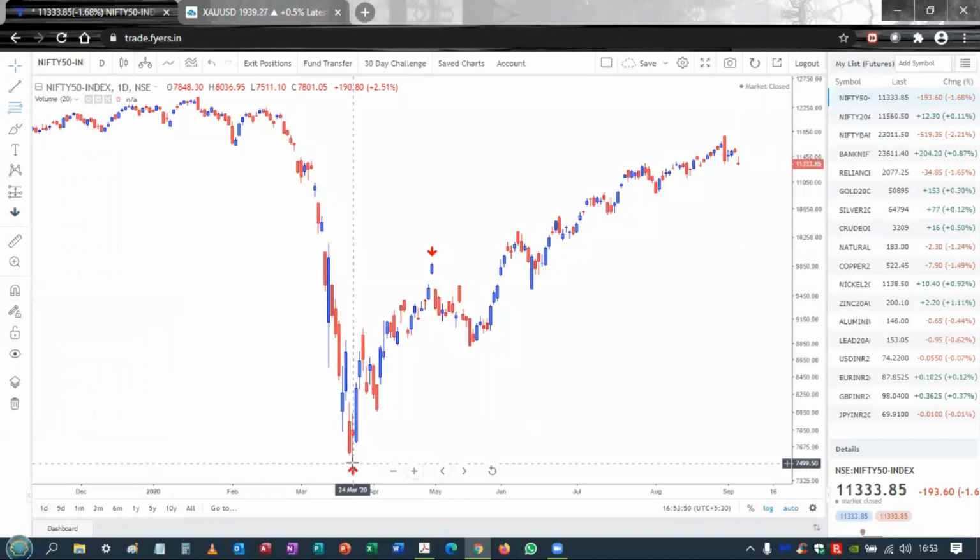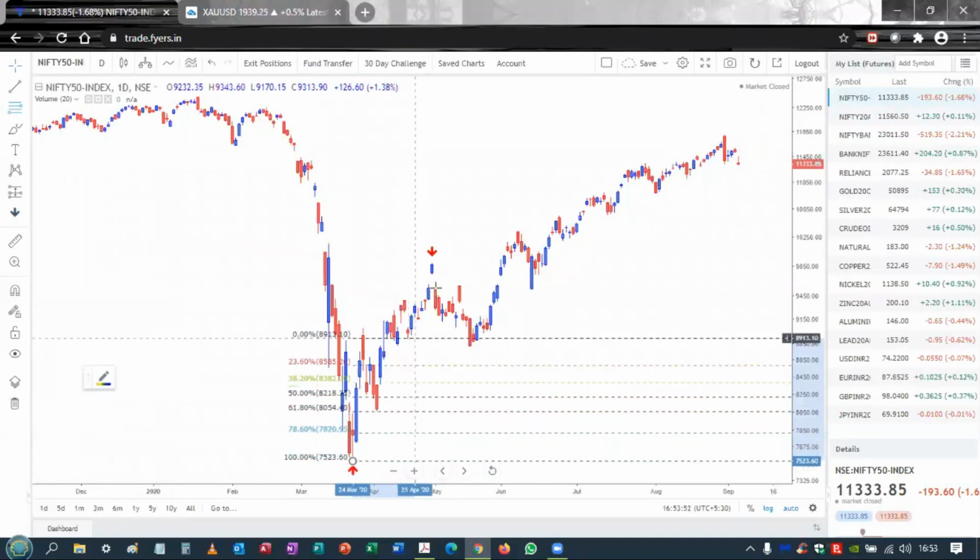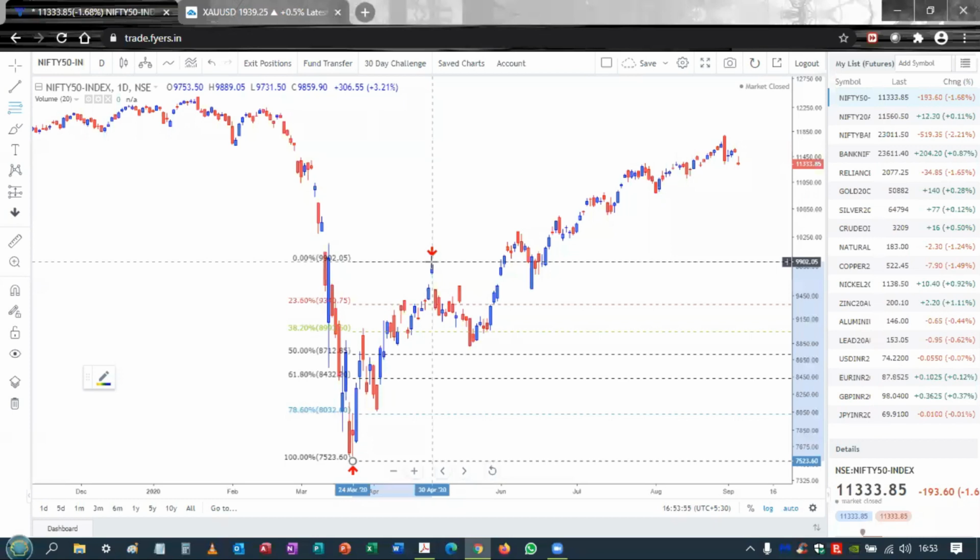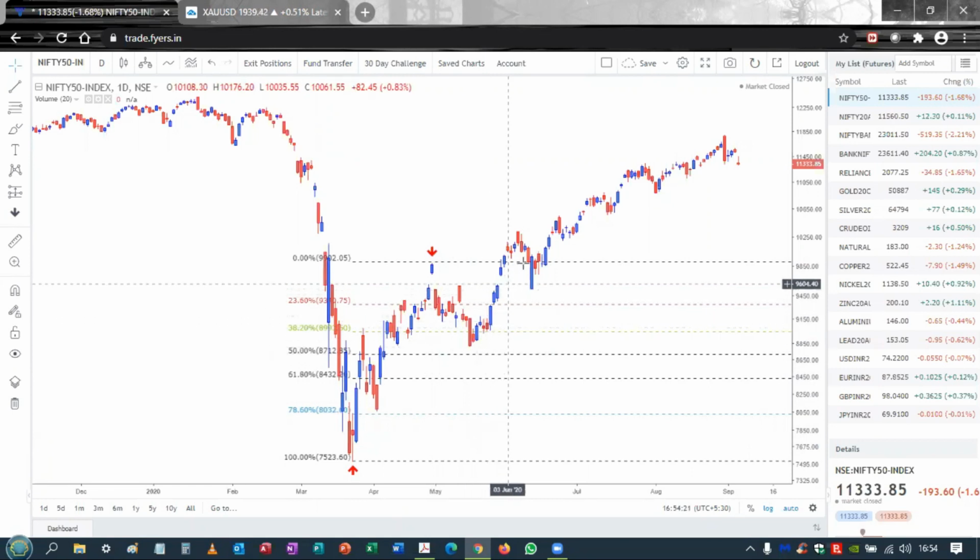So I'll connect the low, which is this point, with the high, which is this point, and the tool will show me various Fibonacci retracement ratios. So the horizontal dotted lines are various support levels for this rally from this point to this point. As you can see, price took support near the 50% retracement. What that means is, following this entire rally, price almost corrected half of that rally before resuming its uptrend, and the uptrend continued. That's how you draw a Fibonacci retracement following a rally.